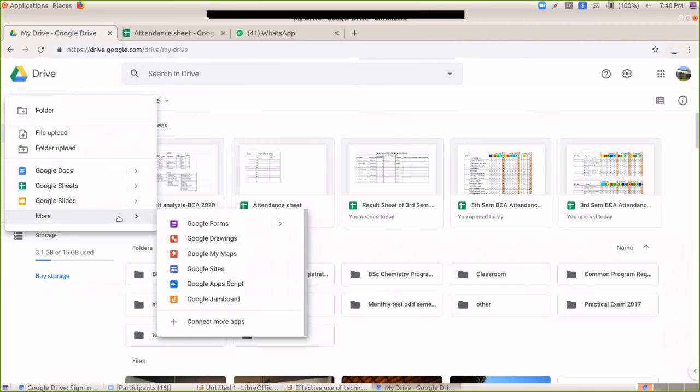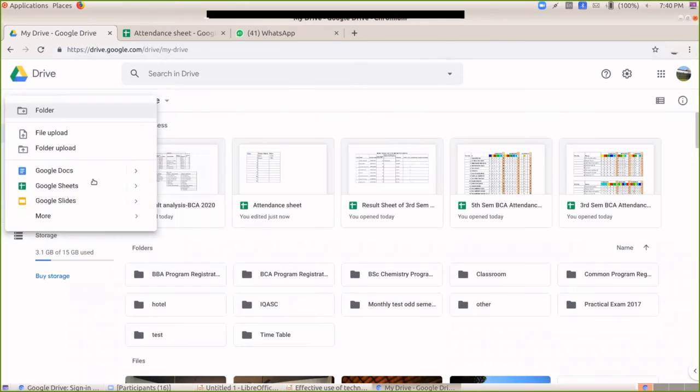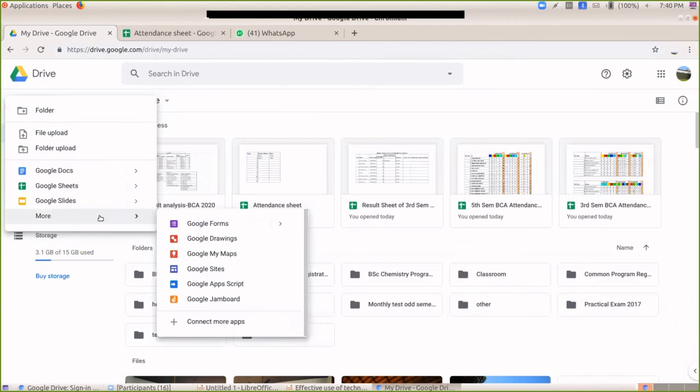If I want to create a Google Form, just go to your Drive. Then in the New button, go to the More menu, and you can see there is Google Forms. This Google Form can be created from a template or a blank form. Template means there are some existing templates that help you create a Google Form easily. Blank form means you have to develop it from scratch. So let's see how we can create the Google Form from a template.